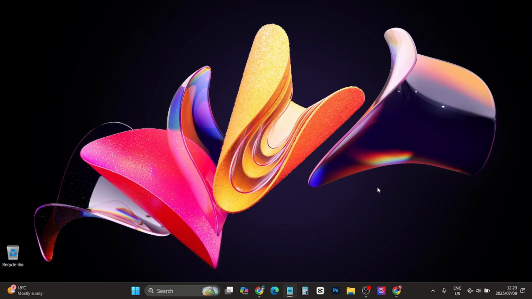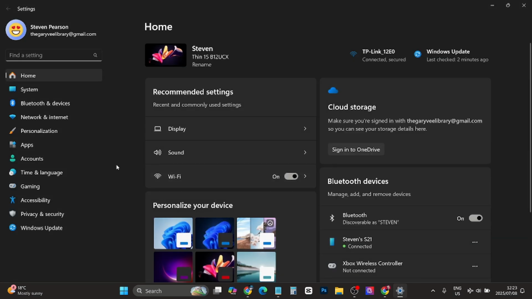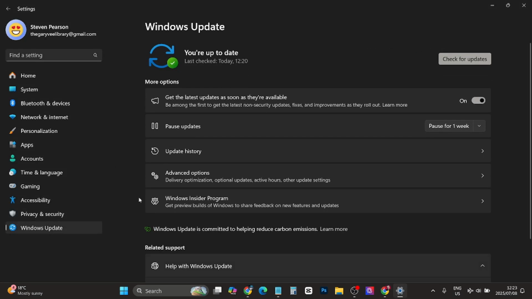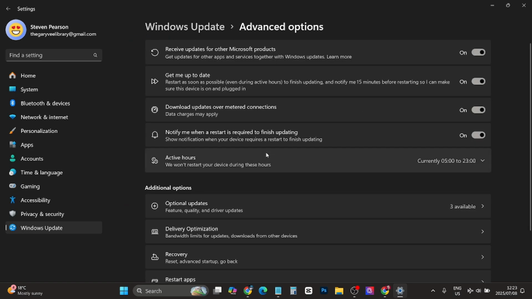In this video, I'm going to be showing you how to install drivers on Windows 11. So what you can do is click on the Windows icon there, go to settings, and then come to the bottom to Windows Update. And then you want to scroll down and click on Advanced Options, and we want to